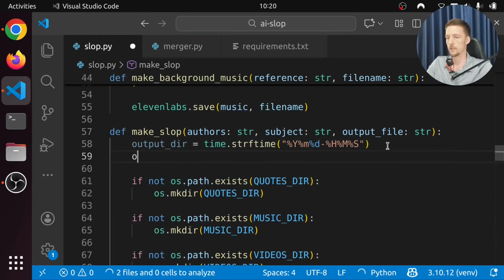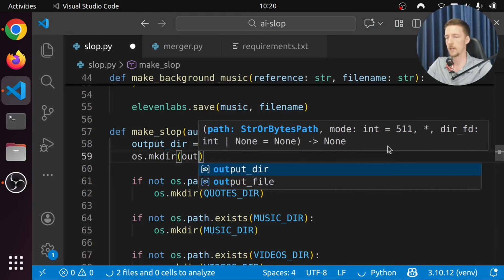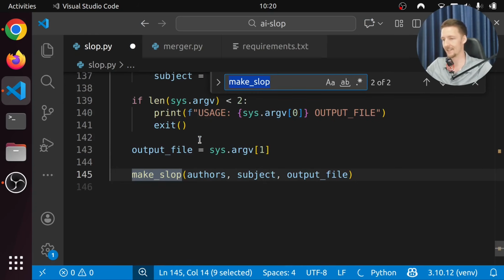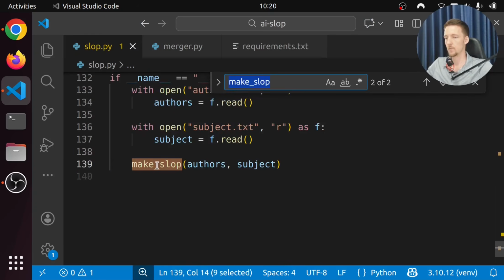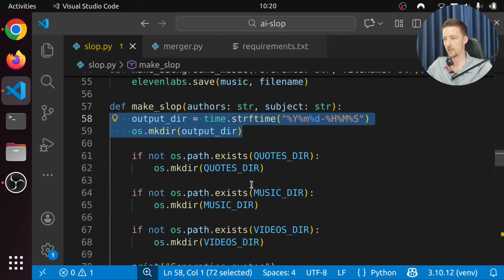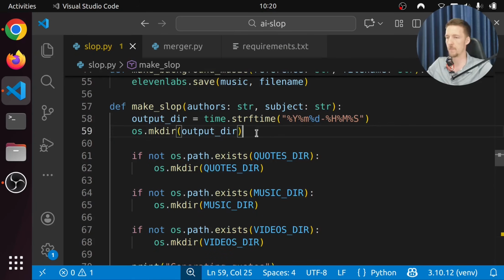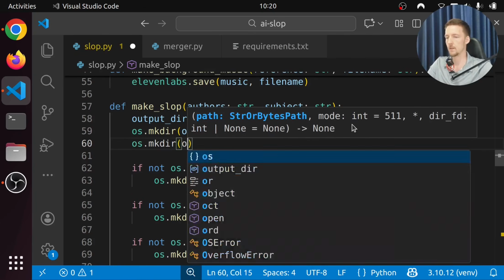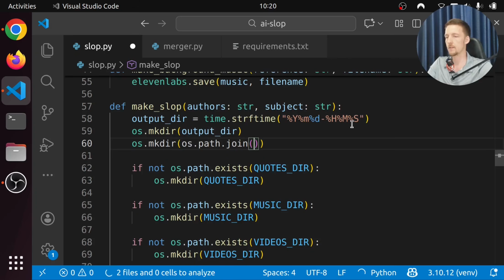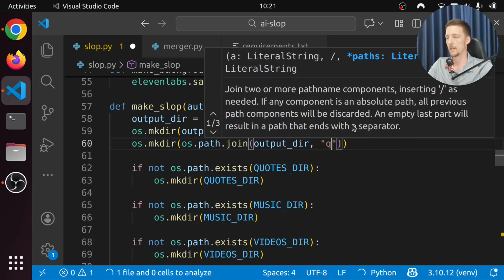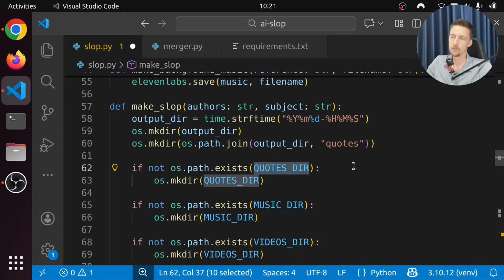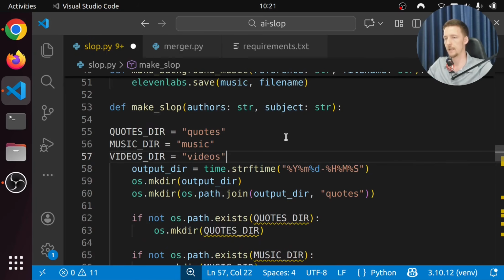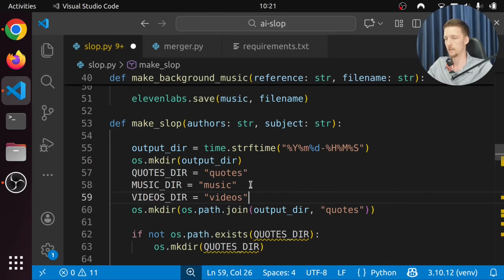Yeah. So let's say os mkdir output dir. So let's remove this. Let's not pass in anything like this. We're just gonna make the directory, and we don't even have to check anything. We just make that directory. Then we do os mkdir, os path join, output dir, and quotes, which I guess could be the quotes dir. So let's take these things from here as well, and let's define them here like this.